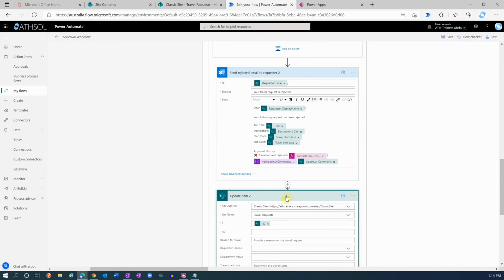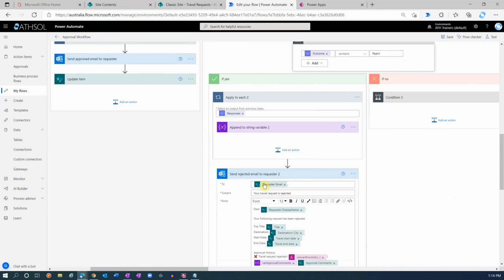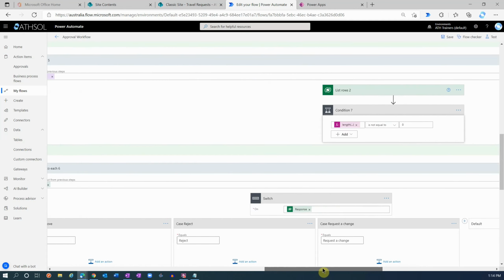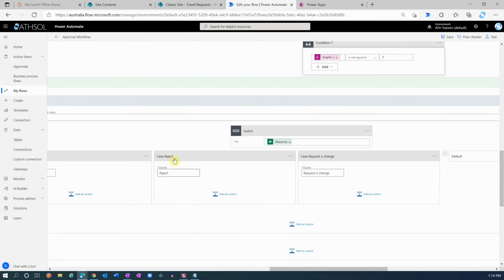Okay, so we need to do similar things. So what I will do is I will quickly copy this reject email action from here onto our clipboard so that we can reuse them here in our reject case here. But before we do that,